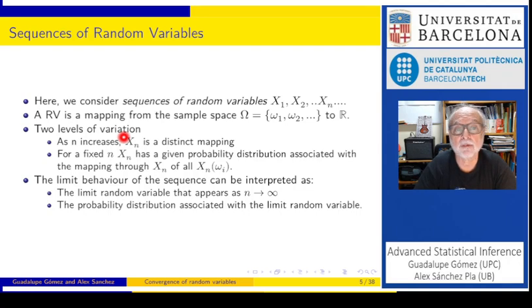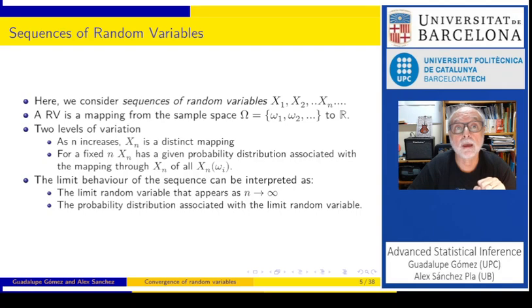Okay, so we have again, in a similar way, but not the same, as in sequences of functions, a sequence that can be considered evolving in 2 ways. We can think of a variable that tends to a limit variable, but we can also think of the probability distribution that tends to a limit distribution. And this is not a trivial idea because it somehow allows us to classify the forms of distribution according to those two ideas.